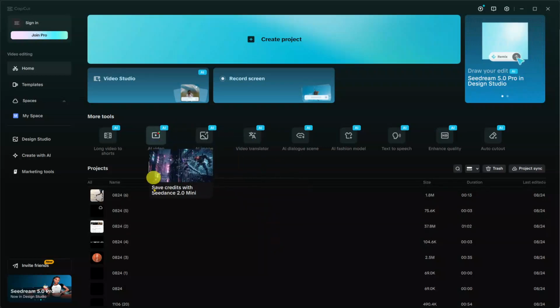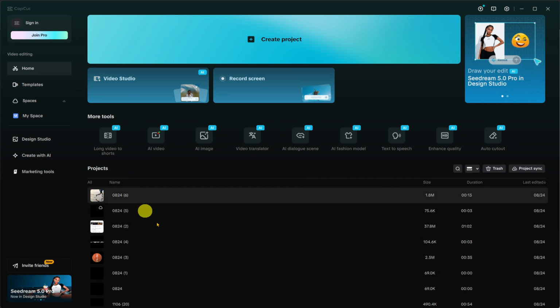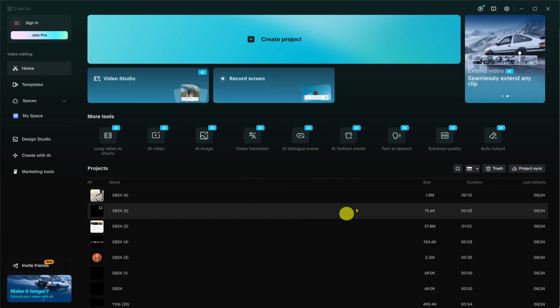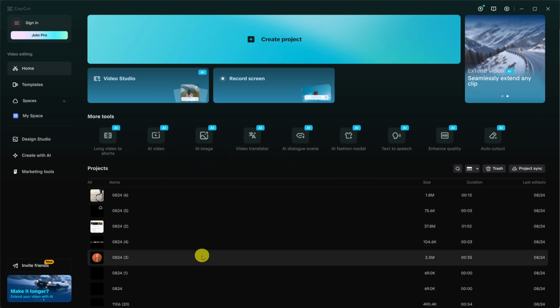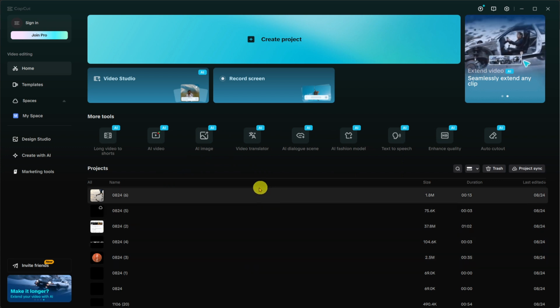Hello, today we will guide you through how to sign in to CapCut with QR code. If you want a quick way to access your CapCut account without typing in your login details manually, signing in with a QR code can be a convenient option. This method is especially helpful if you're already logged in on another device and want to connect the app quickly